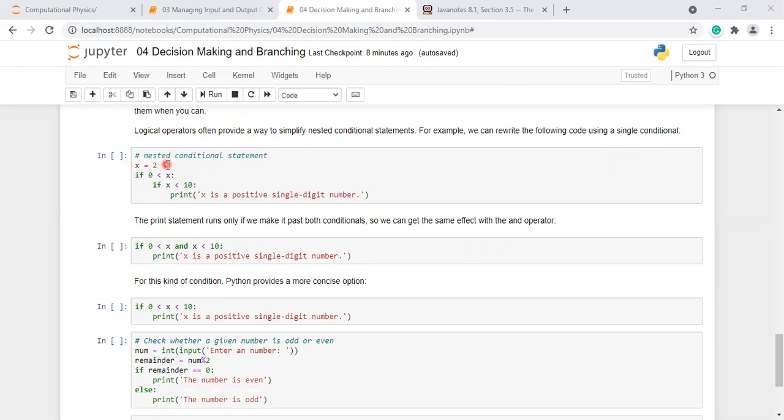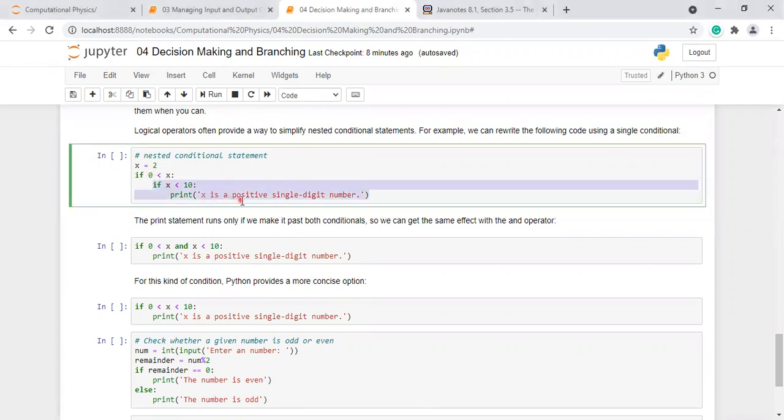x equals 2. So the value 2 is assigned to the variable x. If 0 is less than x, that is, if x is greater than 0, and this condition is satisfied, the body runs. If it is not satisfied, do nothing.